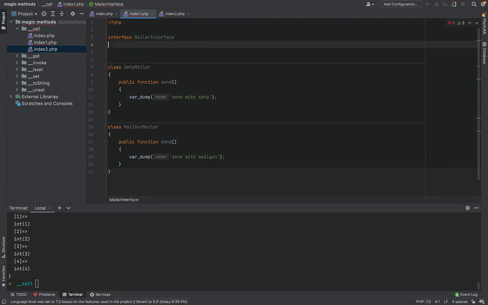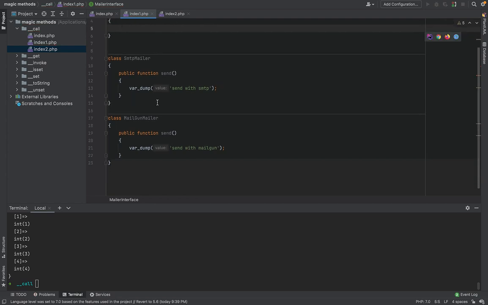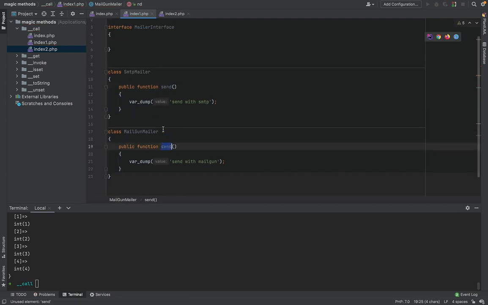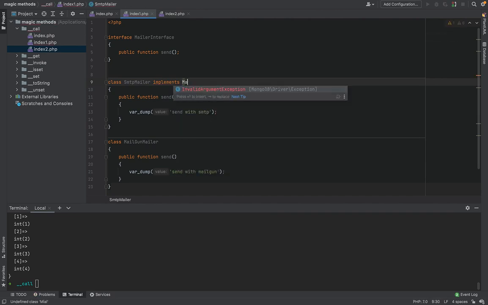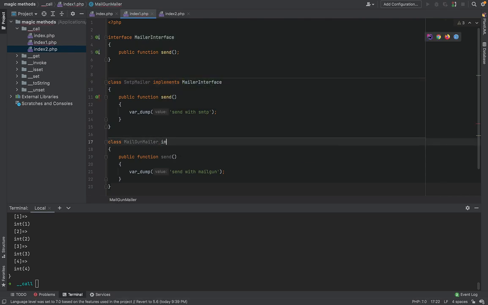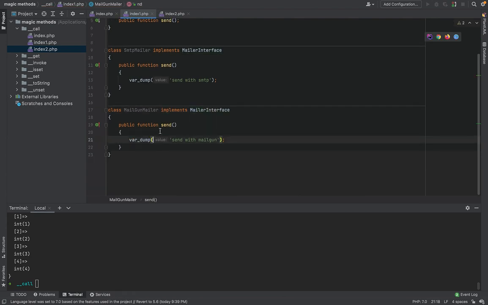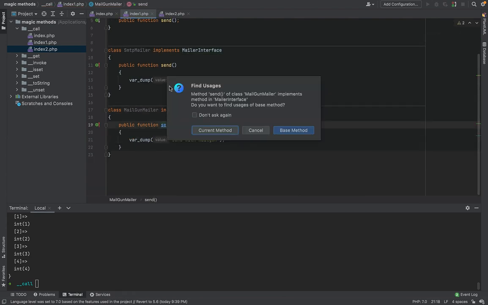And since all of our classes follow the same send method, we can simply say send in here, and here I can implement that MailerInterface, and here as well implement MailerInterface,